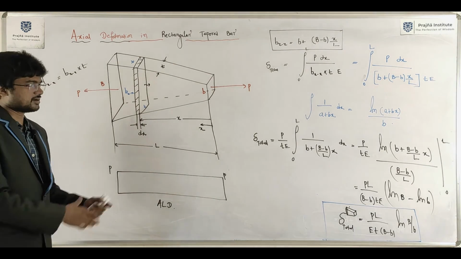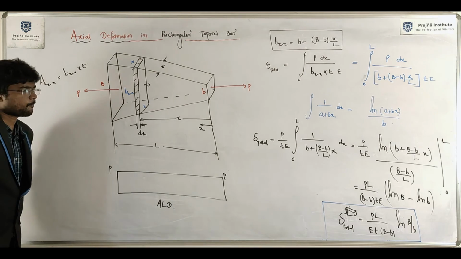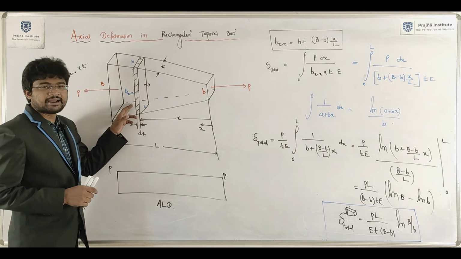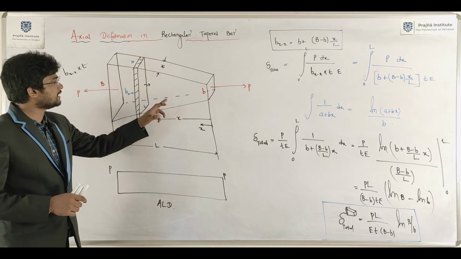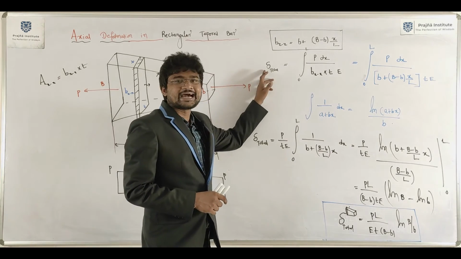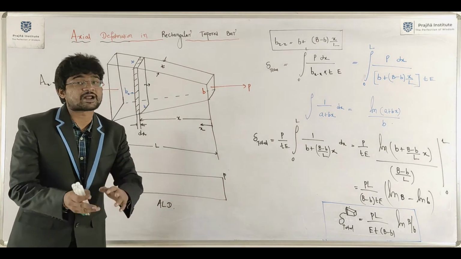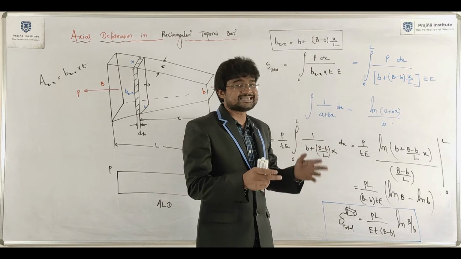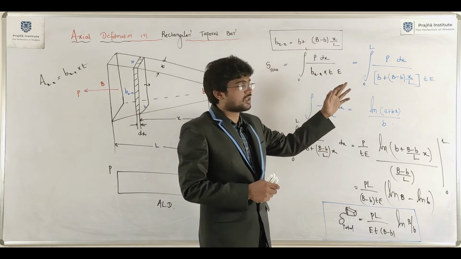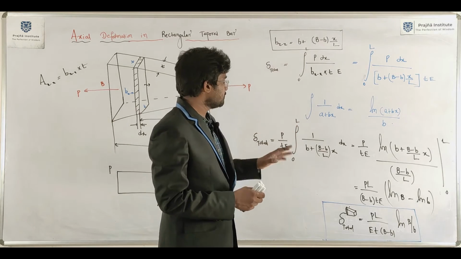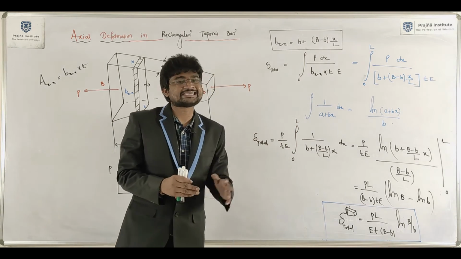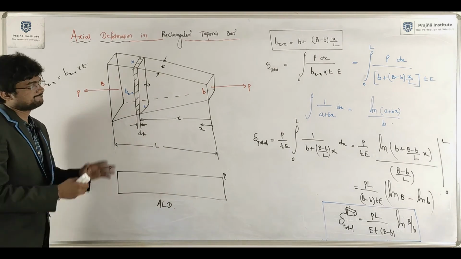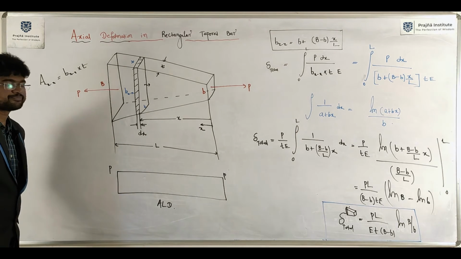Okay, next. These are very simple derivations. First, take an element, after that the load acting on the element, next d delta equals, then write the expression for axial deformation in the element, d delta equals P dx by A(x) E. Once you integrate from 0 to L, you will get a beautiful expression for total axial deformation in the corresponding rod which is subjected to uniform axial loading. Next, clear?